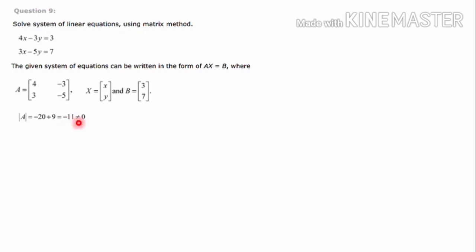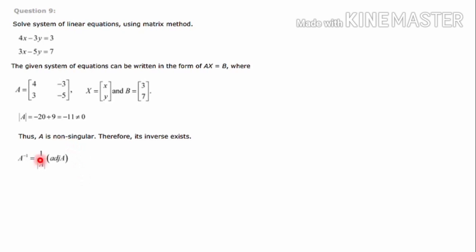Here determinant A is a non-zero number, that is not equal to 0. Therefore A is non-singular and A inverse exists. So A inverse is equal to, the formula we can use, 1 divided by determinant A into adj A. Why are we calculating A inverse? According to the question, we have to find the solutions of the given system of equations. We have learned the formula for finding the solutions of the system of equations: X is equal to A inverse into B. There we have to use A inverse. For that purpose we are calculating A inverse here.